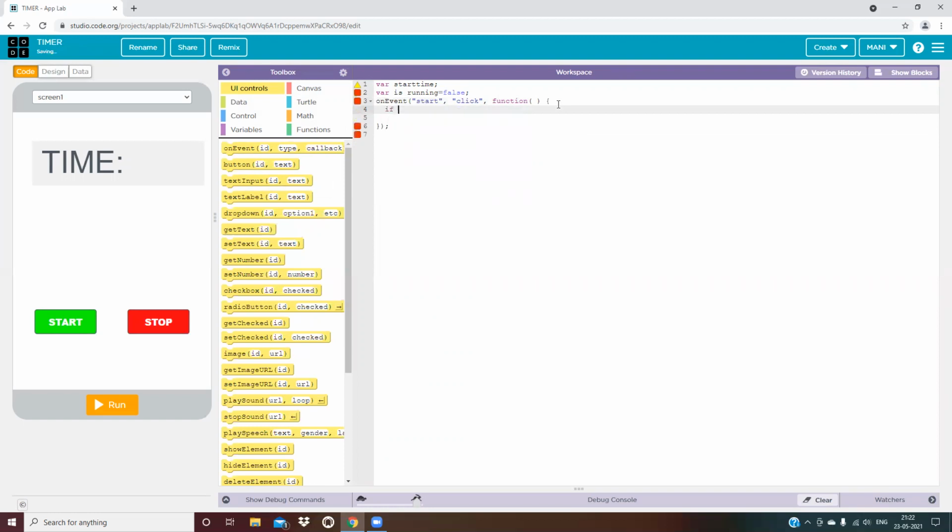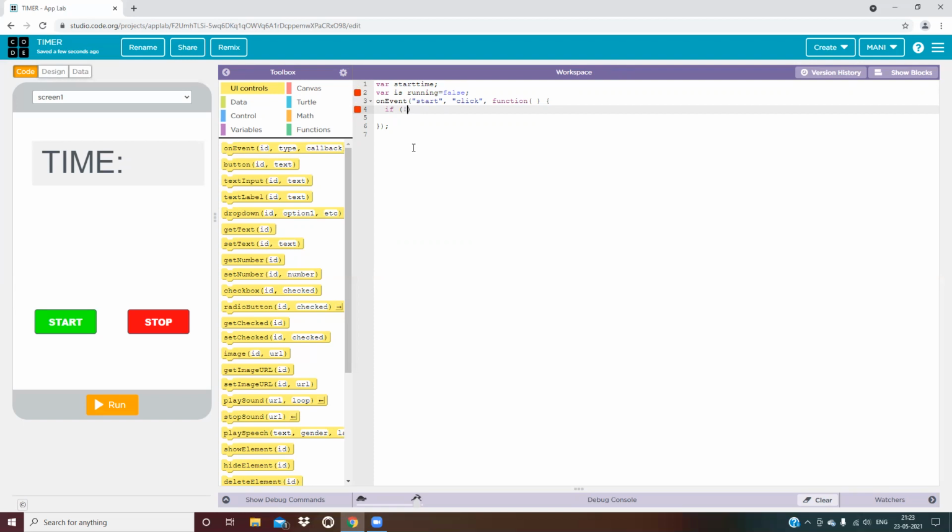Now I'm writing an if block, which you will get in control. If, and I will show this, the exclamation mark means not. If not is running, is running equals, I am confirming it.